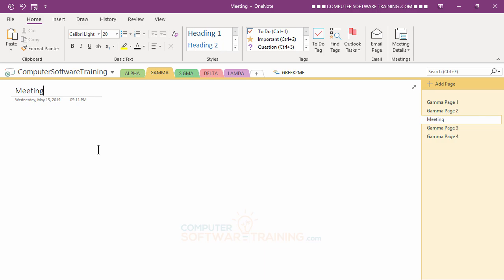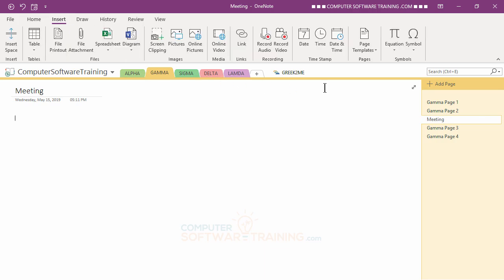But we also have a ton of different, what we would call page type templates, all right? And they're kind of structured where they do memos, meeting notes, project, keeping track of your different tasks for your projects and stuff like that. So they're kind of already made up pages that you can then customize to be for what you need them to be for. All right, so to get to those, what you do is you go over here to the Insert tab, and we have something here called Page Templates. All right, and you click onto that, and